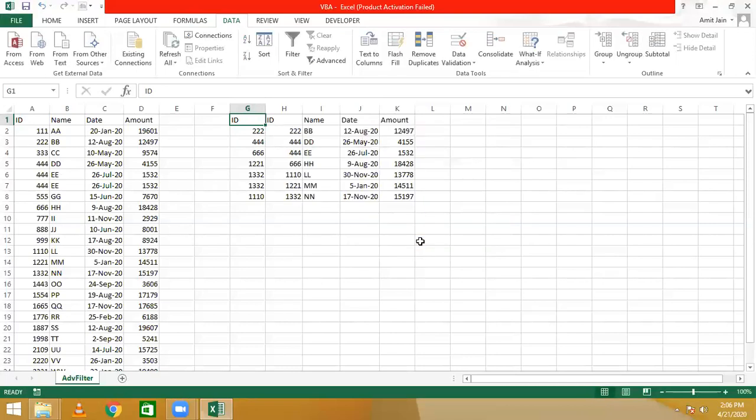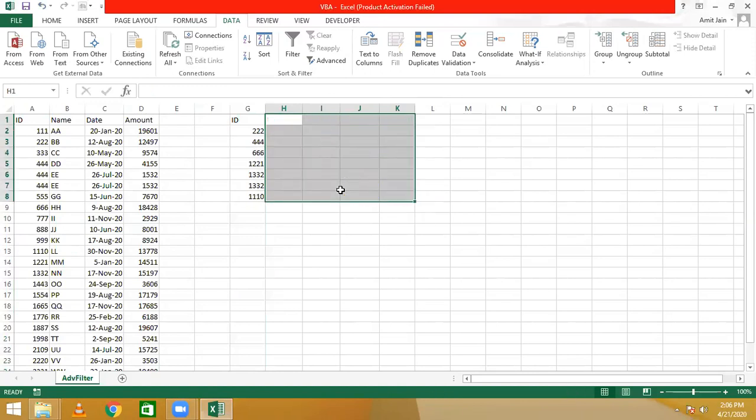We'll click OK. Now you can see here you get the data. Because only the ID was the same, but the rest of the records were not similar, this was not considered a duplicate transaction. Now we can delete column G because it is not relevant now. Our data starts from H1.